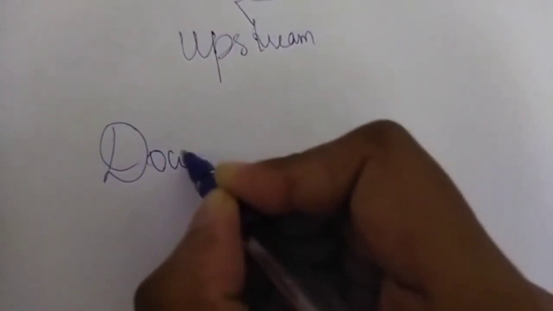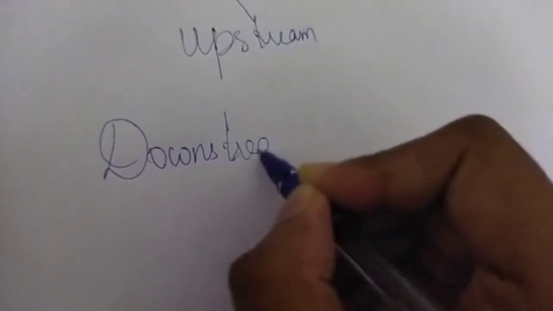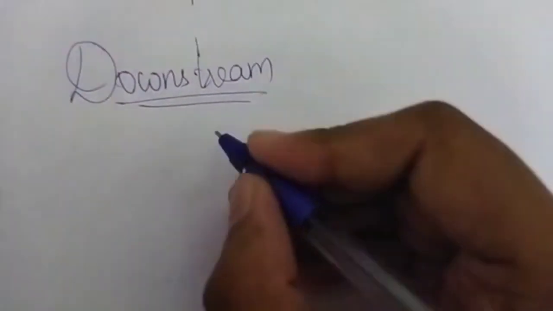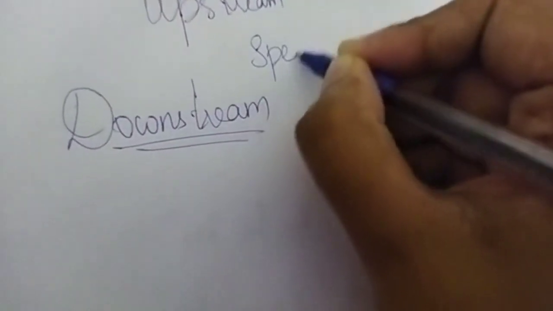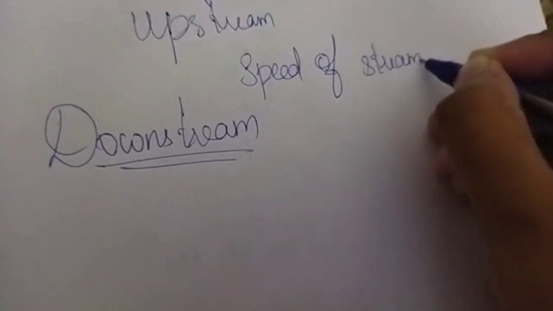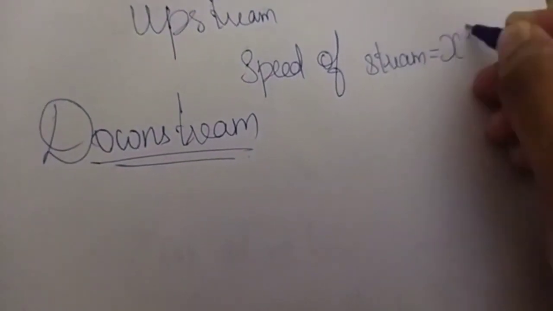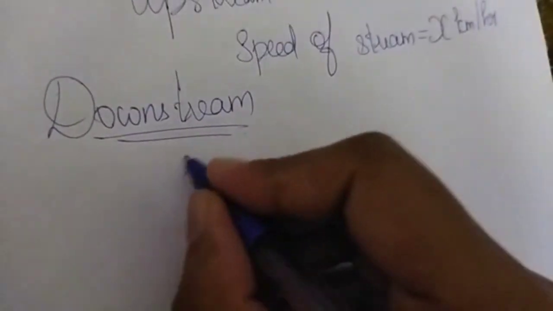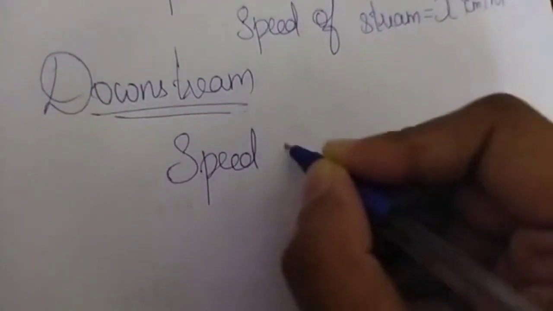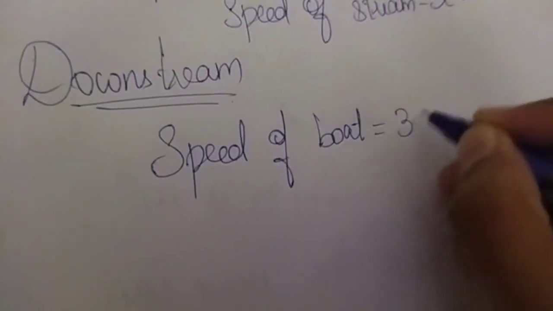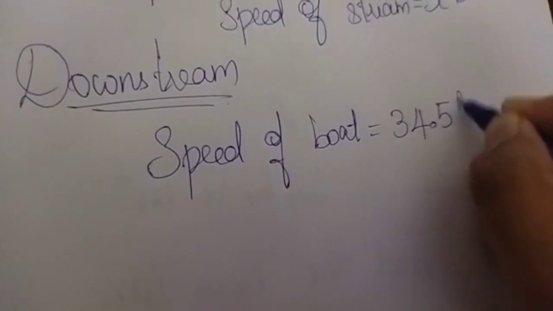That's why it reduces the speed. So let's take downstream. We need to find what is the speed of stream. Let me take the speed of stream as x kilometer per hour. So in downstream, the speed of boat is 34.5 kilometer per hour